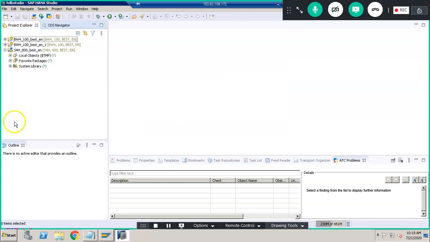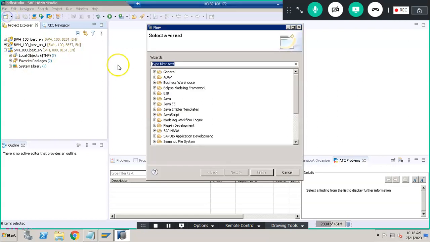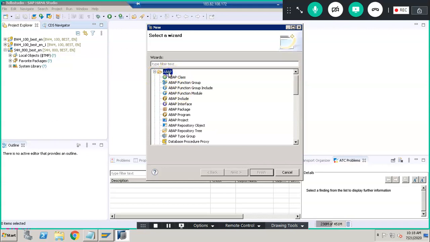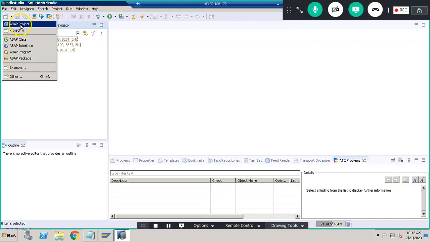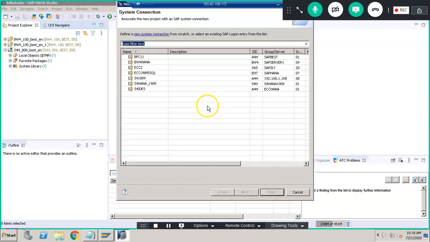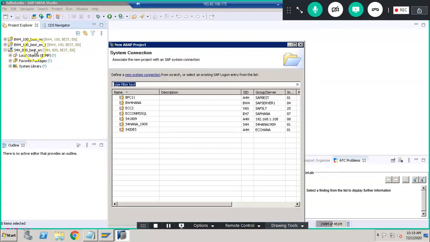To create it, we go to projects, select ABAP projects, and then go for a new project here. We connect to a particular server and give the credentials, and once we give the credentials, this gets created like this, S4 HANA.